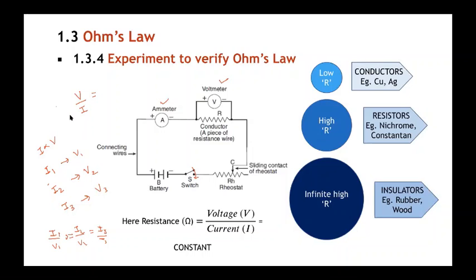Okay, easy. You will understand how to do the setup and what exactly we are doing, right? We had to establish Ohm's law mathematically, meaning the ratio is constant, and we have established it by decreasing and increasing various values of current, taking the voltmeter reading for the corresponding current, and calculating the ratio. This ratio happened to be constant. If these are constant, that means Ohm's law is verified.